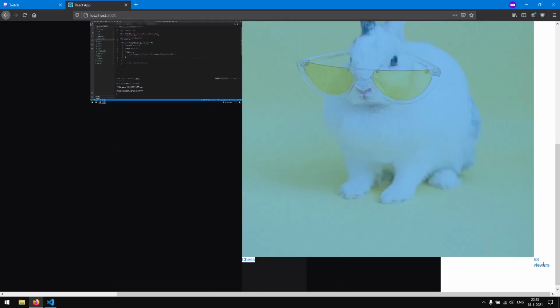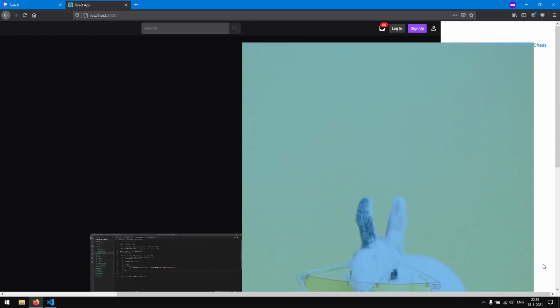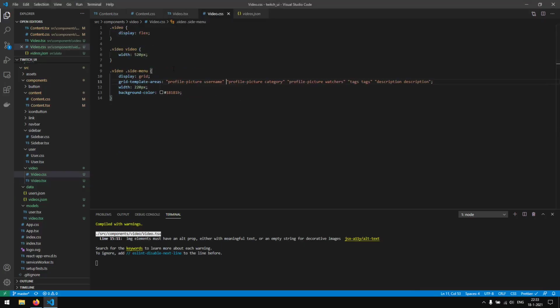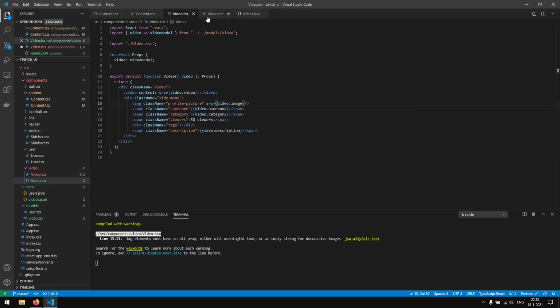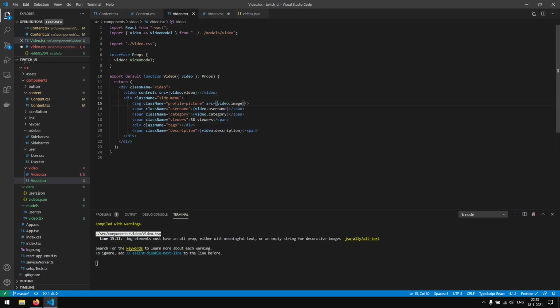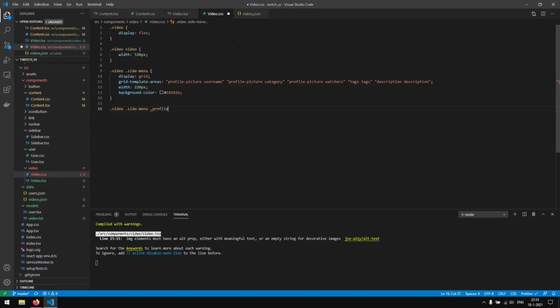Oh, and here we have the views. Okay, nice. As you might have noticed, the profile picture is a little bit too big. So we're going to go into the video and then the side menu, and we are going to assign each class name to the correct grid area. We have profile picture. This will be grid area of profile